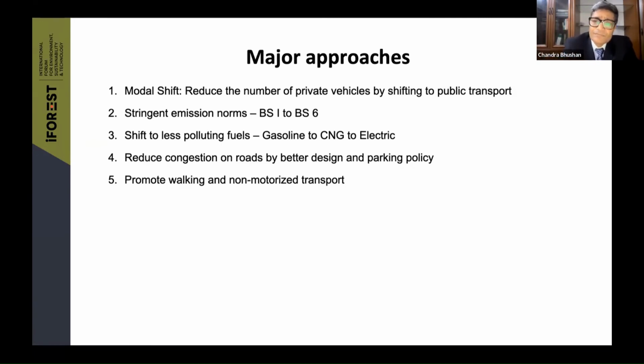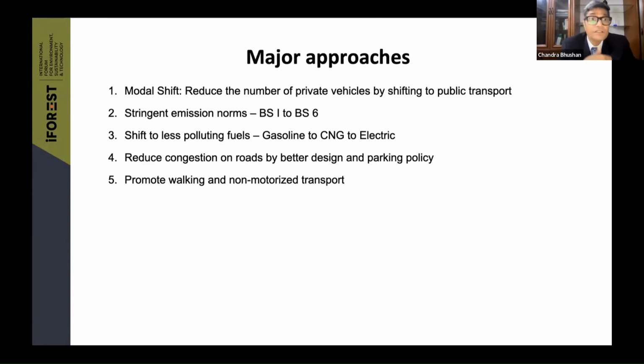And lastly, how do we make our cities walkable? How do we walk in the cities? How can we bicycle in the city? How do we use other non-motorized transport? A healthy city is also a walkable city. If you can walk a lot, it is healthy for you. It is healthy for the city because you will pollute less. So the fifth principle, and it is again in the hands of municipalities, is how to make a city walkable and non-motorized transport friendly. Now, numbers 4 and 5 and number 1 are in the hands of municipalities and state governments.